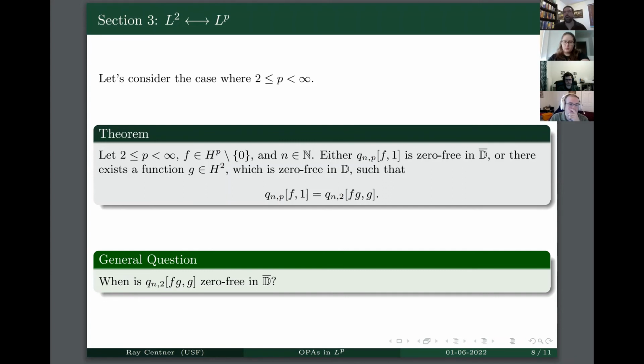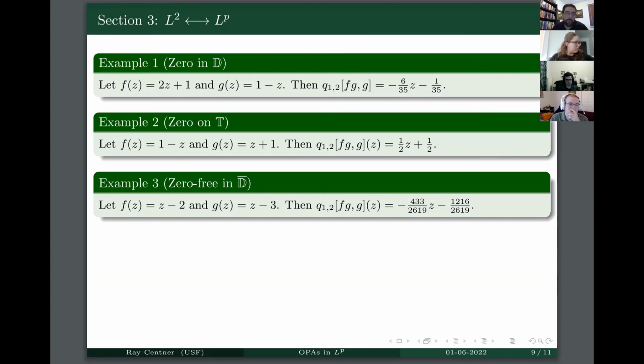And the first thing I thought was that perhaps the function g has no bearing on the zeros. Maybe I'd like to think this OPA is somehow comparable to something of the form Q_n to f1. But we're in the Hilbert space setting now, so computations are very easy to do. So after doing a few computations,